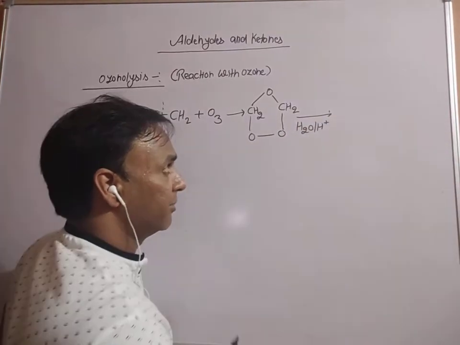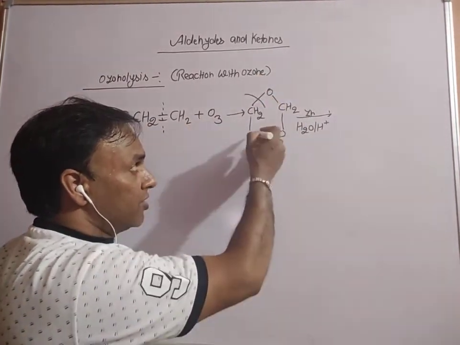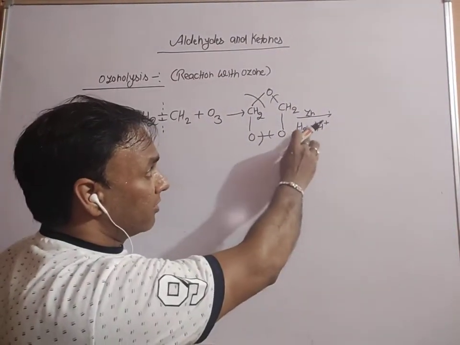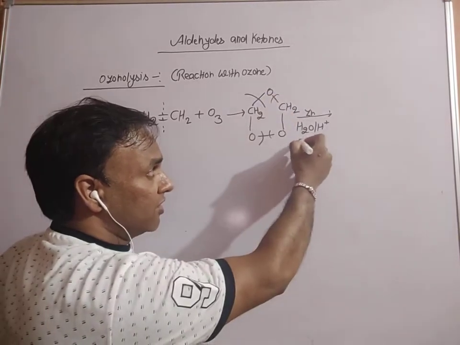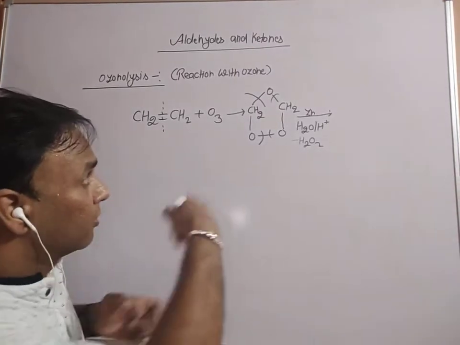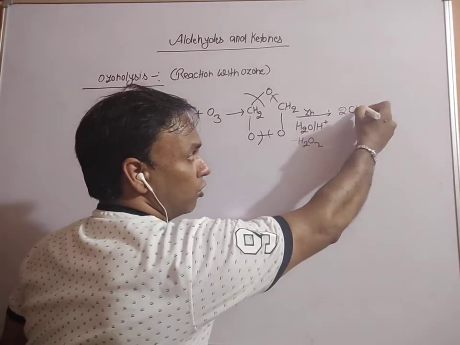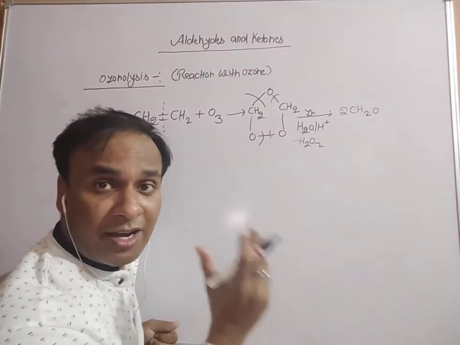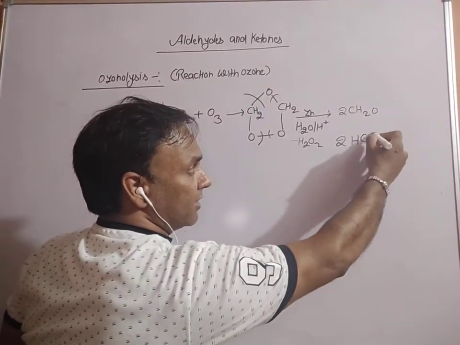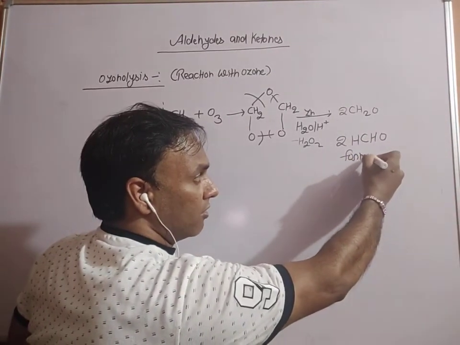in the presence of acidic medium and zinc, the carbon to oxygen and oxygen to oxygen bonds are broken. Water, in the presence of zinc, combines with this oxygen to form hydrogen peroxide, which is released as a byproduct, while it forms CH2O and CH2O. 2 moles of CH2O can be written as 2 moles of HCHO. Clear? And HCHO is called